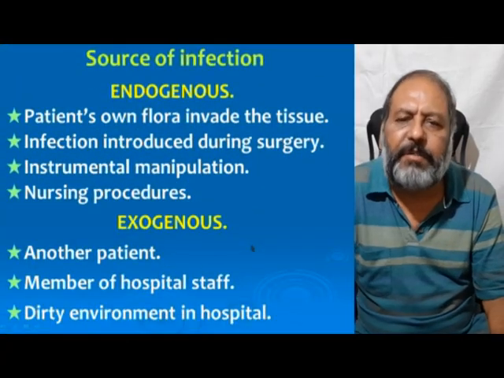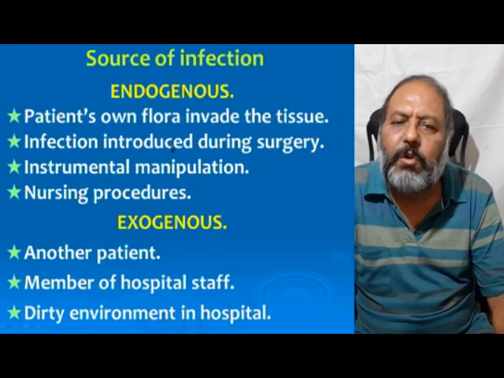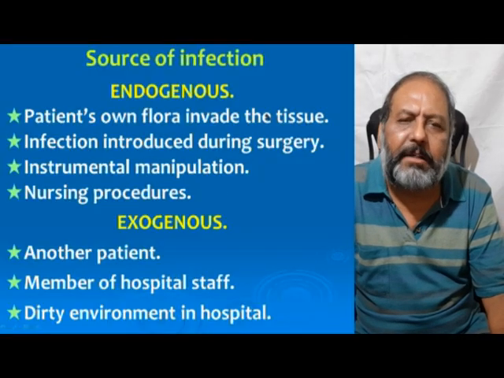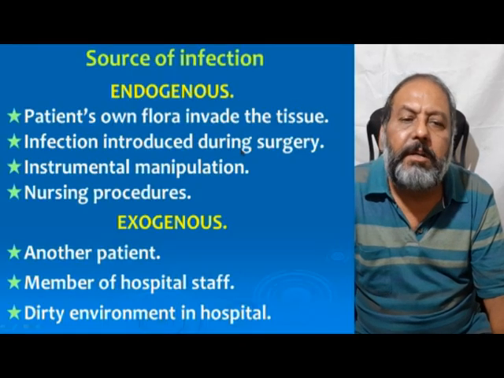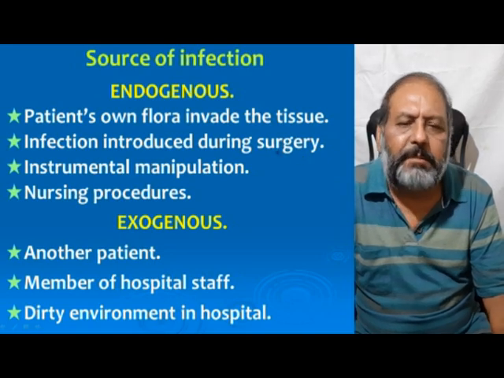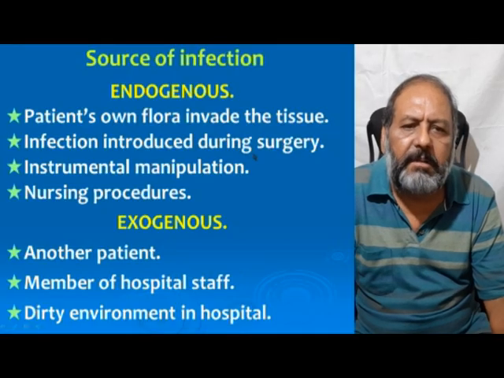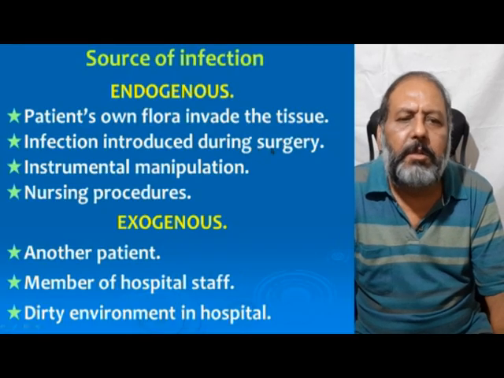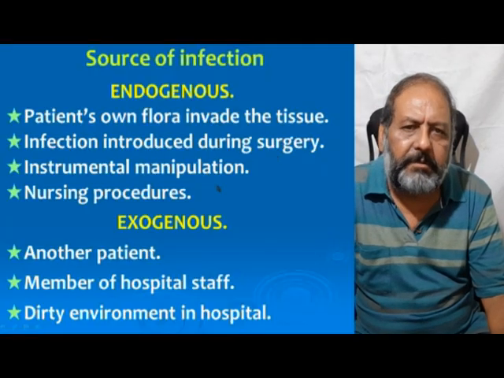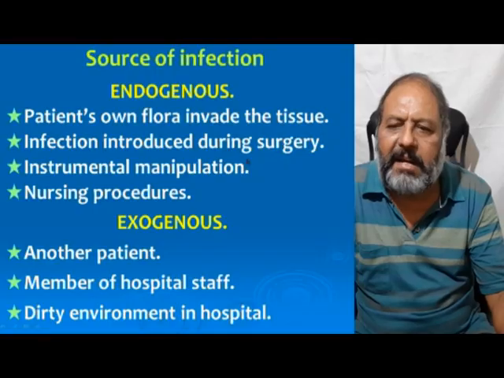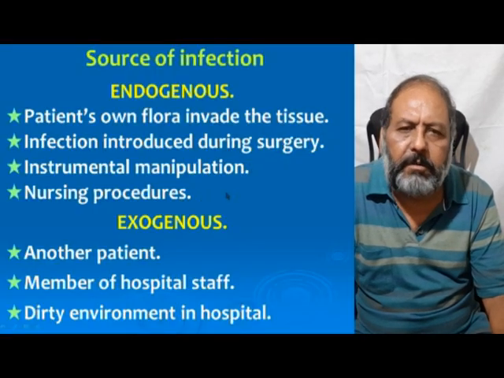Now, source of infection, from where the infection comes. Number 1, endogenous. Patient's own flora invade the tissue, microbiota normal. I have told you already. Infection introduced during surgery, that is by the surgical instruments. Even the skin of the patient, when it is broken, the microbiota of the skin also do invade the body. Now, instrumental manipulation, if these are not properly sterilized, and the nursing procedures,